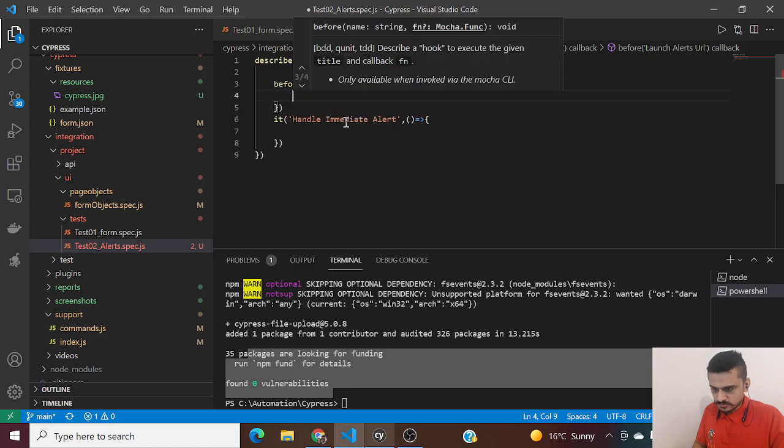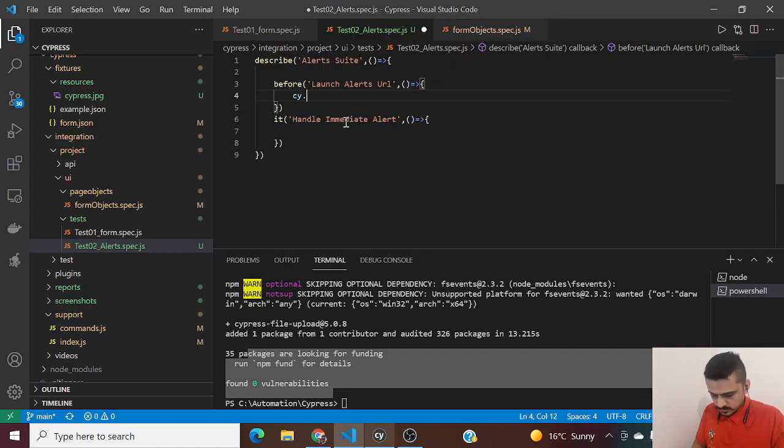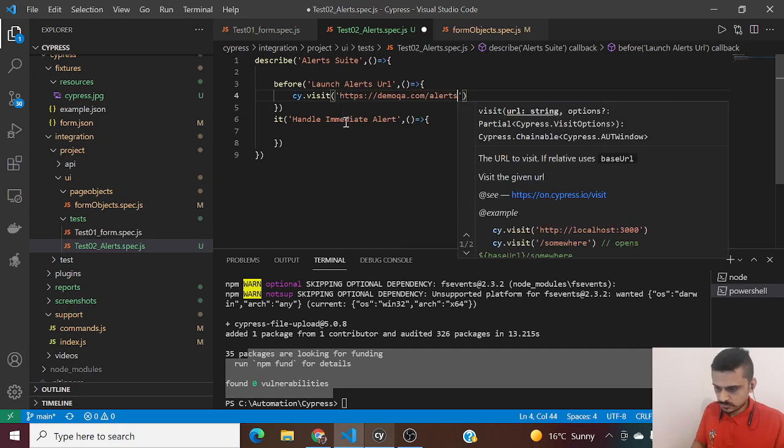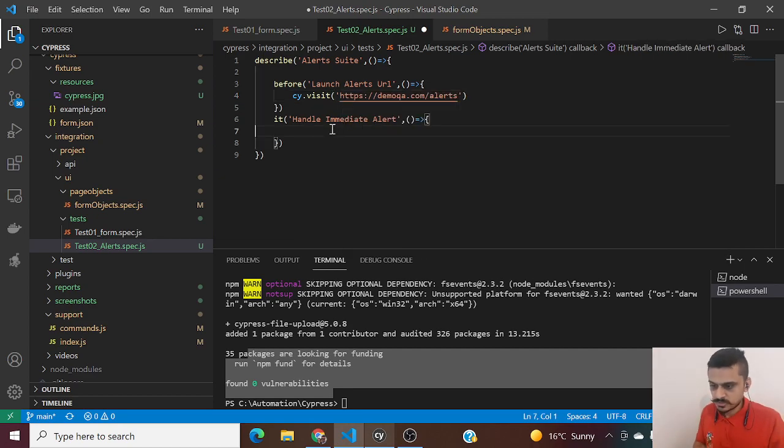Since my URL is different, this is one of the applications where you cannot put the URL in your cypress.json because you do not have a base URL. You have multiple URLs for every test. So once you have done that, let's now